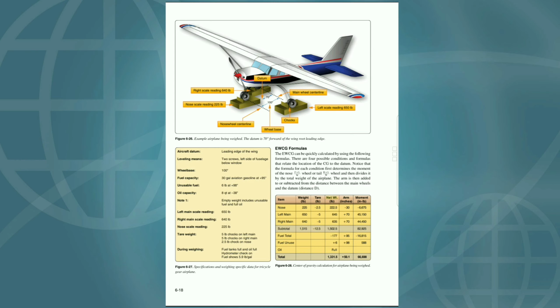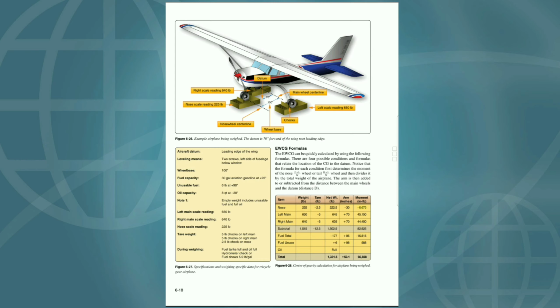Net weight in pounds: 222.5, 645, 635, 1502.5, minus 177, plus 6, full. 1331.5. Arm in inches: minus 30, plus 70, plus 70, plus 95, plus 98. Moment in pound-inches: